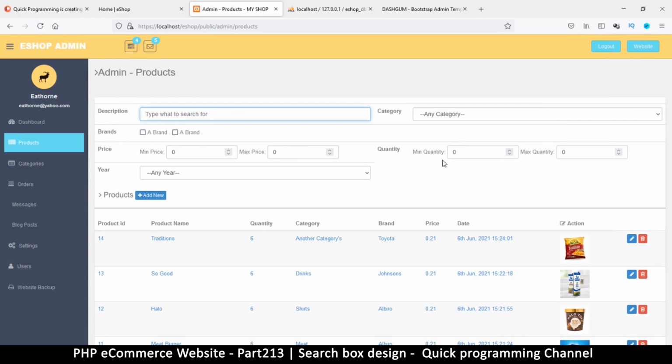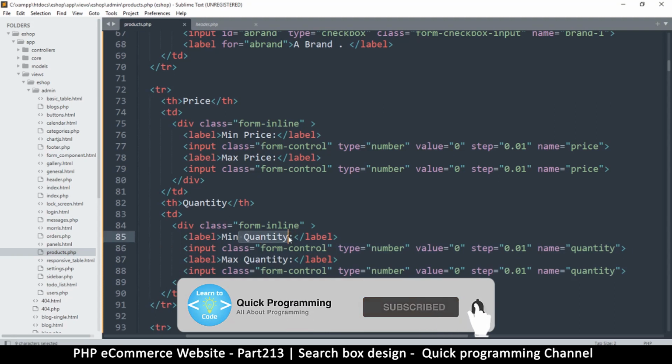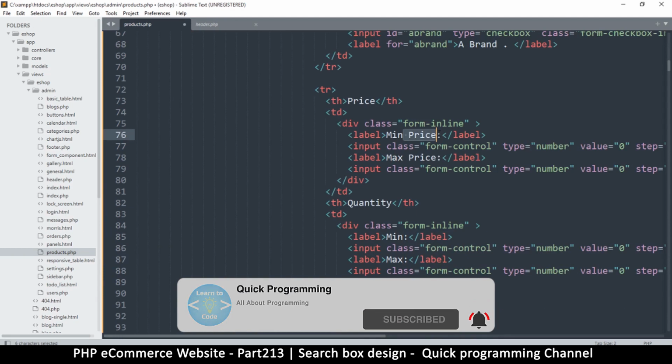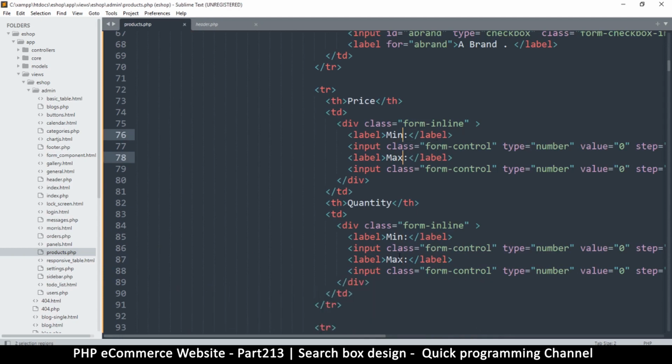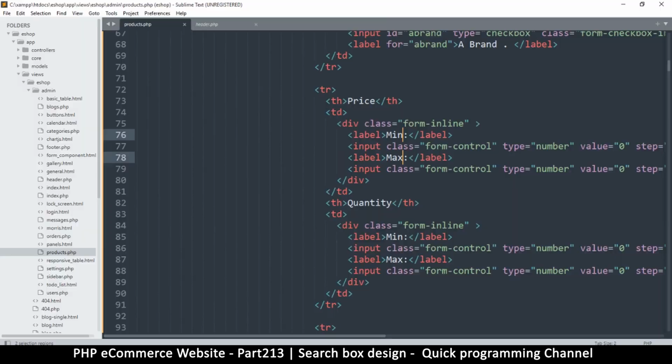Okay, there we go. So min price, max price, quantity, min quantity, max. So maybe we don't need to put these at the end. We can just put min, max. That's entirely up to you what you want to do here. This is all just design, and preference is different for everybody. Okay, so there we go. And I just want the headings to be a bit